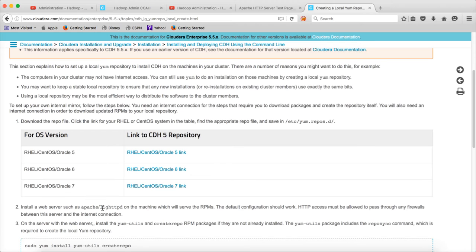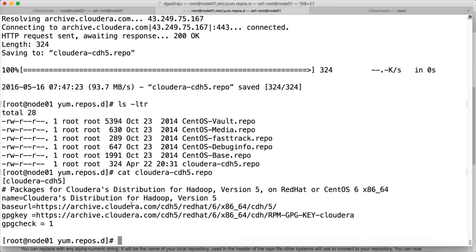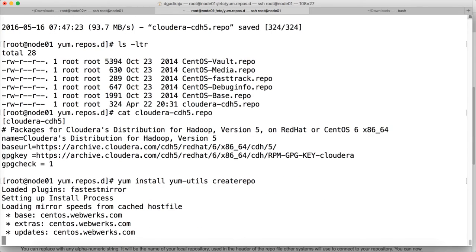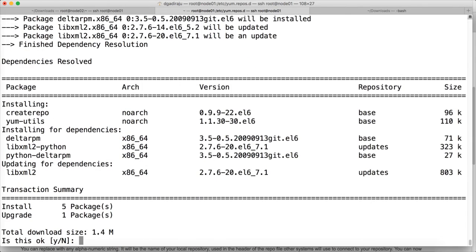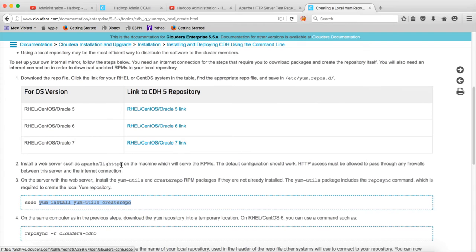Once you have downloaded that, you have to yum install yum-utils and createrepo, so that we can actually create a repository for installing Cloudera on our cluster. So I am doing this. Yes, once it is installed,